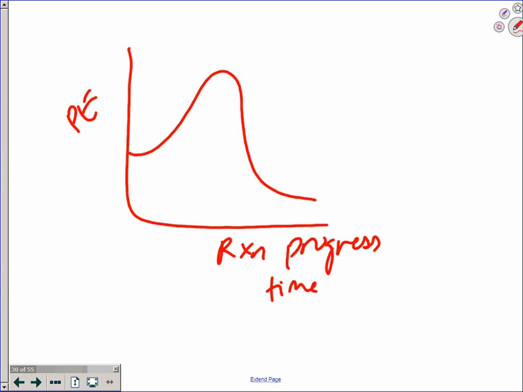Where are you going to label? I'm going to put some letters on here. Where would you label the delta H here? Between what two letters? A and C. Good. So we're looking at the reactant energy